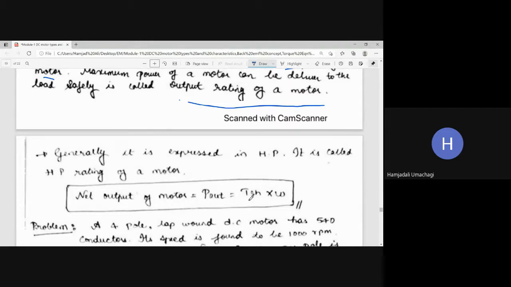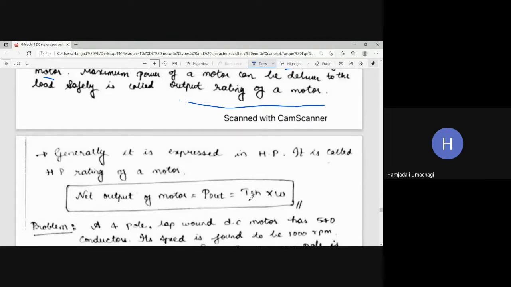If it is very small at the ground floor, then we can take a low HP rating. Usually one fourth HP, half HP, 1 HP, like that we are speaking for household application. But if it is for an agricultural field, there we are purchasing large HP motors, because there we want to lift more amount of water to cover the entire field. Yes or no? So it all depends upon the requirement.